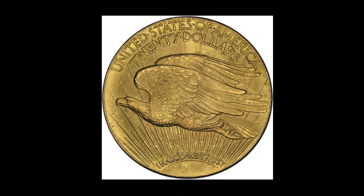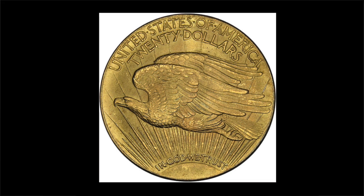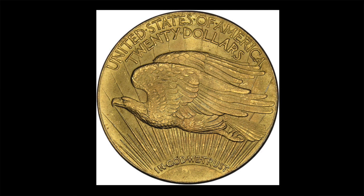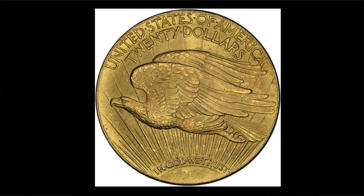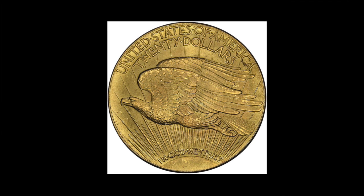In the beginning, the American gold coins' true value matched their nominal value. So at that time, a $20 gold double eagle contained an equivalent $20 value of actual gold, based on gold's value at that time. With the Gold Standard Act of 1900, gold became the backing of the United States monetary system. Purity was set at 90% gold, and the price of gold was set at $20.67 per troy ounce. Due to the Great Depression, people began to hoard gold, leading to bank runs and a contraction in the money supply. In 1933, President Franklin D. Roosevelt signed Executive Order 6102, the Gold Confiscation Act, requiring everyone to turn in their gold for $20.67 per troy ounce